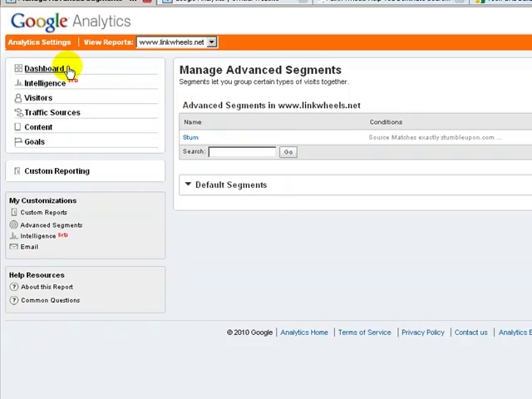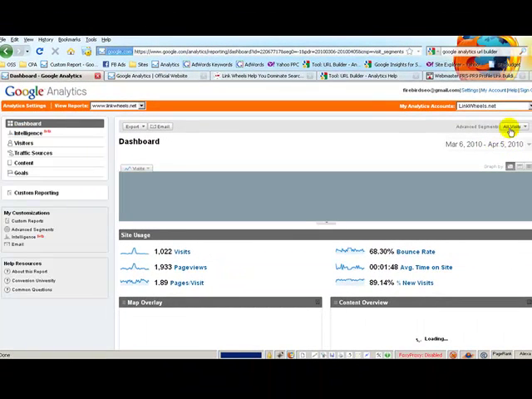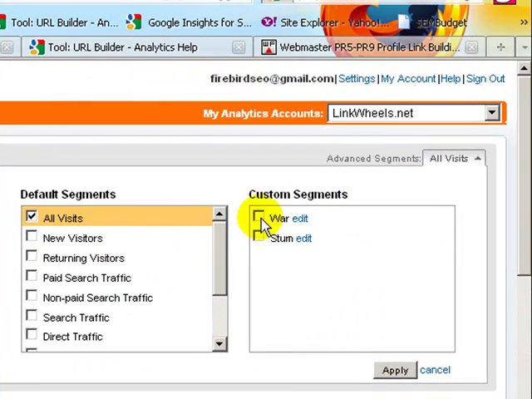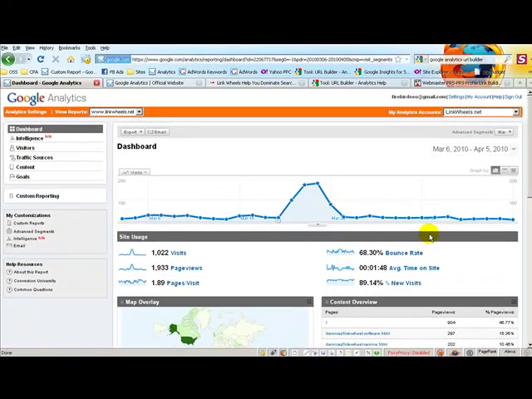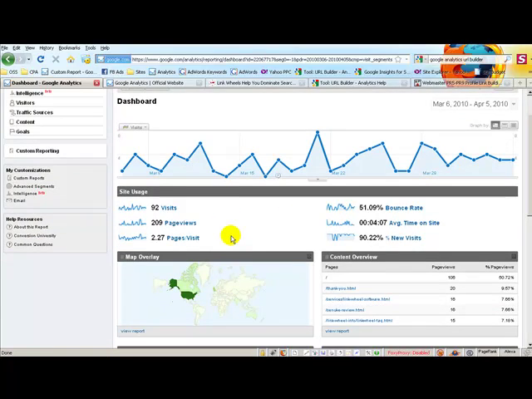Now I will come back to the home page. Okay, so here's all the visitors again. What we're going to do is choose the Warrior, remove this, choose Apply. Now this view, within this time frame, these are all the people who came to my website based off of that signature link. And so again, I would not be able to know that unless I tag that specifically,